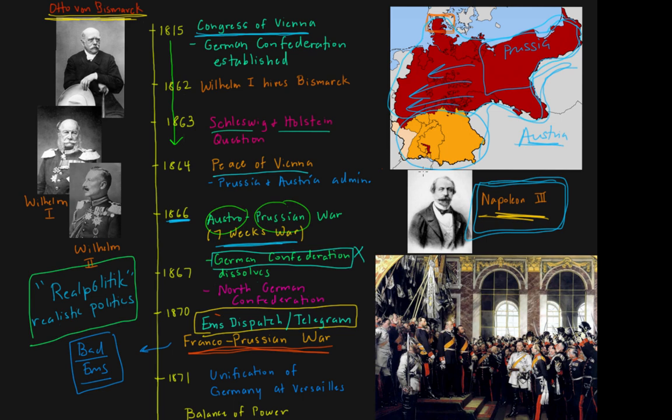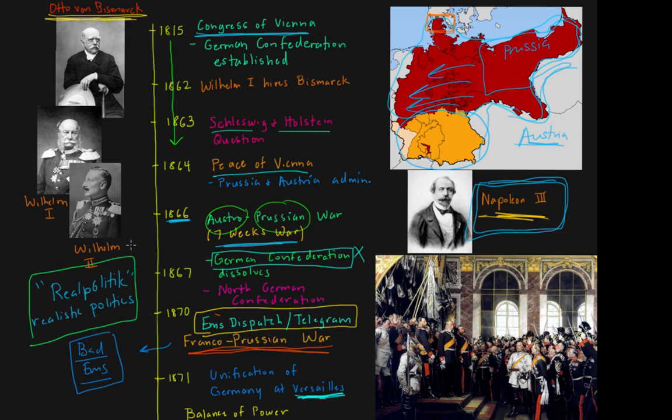Napoleon III is captured after a few months, and the French suffer a humiliating defeat at the hands of all of the Germans, who are now united against the common enemy of France. And what makes it even more embarrassing is that in 1871, all the German princes, along with their armies, arrive at Versailles, the palace belonging to Louis XIV outside Paris, and a symbol of French power. And there at Versailles, they proclaim Wilhelm I, the King of Prussia, as the Emperor of a united Germany.